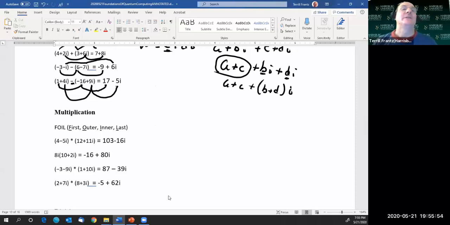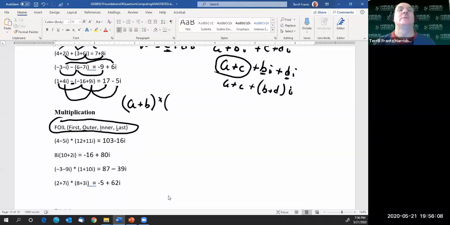All right, multiplication. This is, at least in America here, how most of us, I think, learned it in the United States, the first, outer, inner, last. So we have just in normal algebra, equals A times C, so the first, then the outer, then the inner,